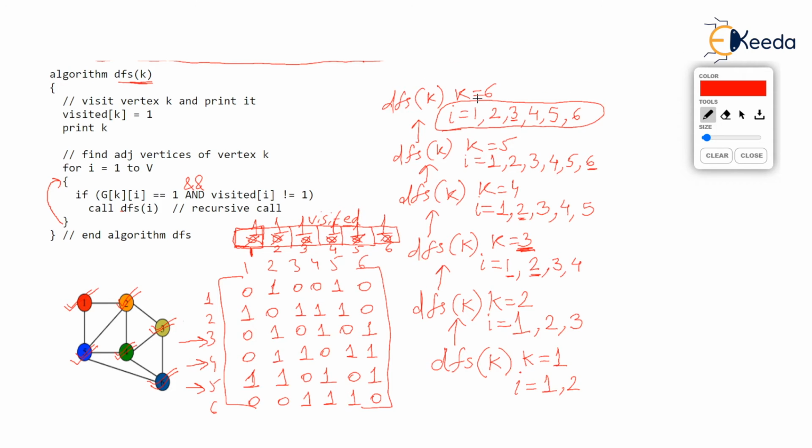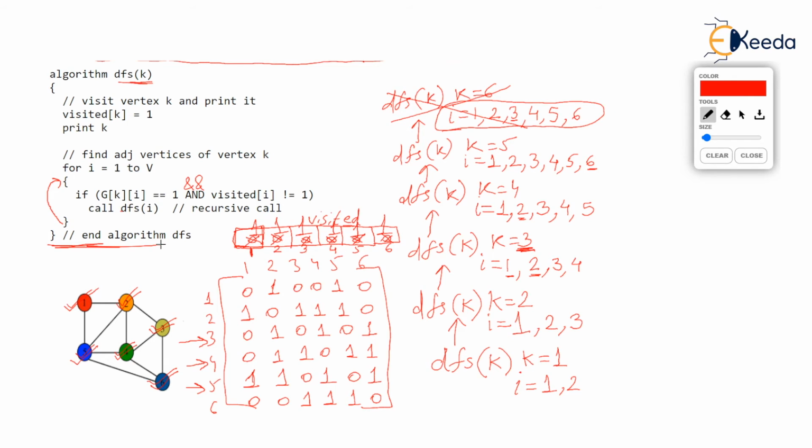I hope you got it. You see, the for ends completely, and if the for ends completely, the next line of the algorithm is the end of the algorithm. Nothing is now pending and the algorithm ends. But which algorithm is finished? The algorithm which was running DFS(6) is over. So I am striking it out.